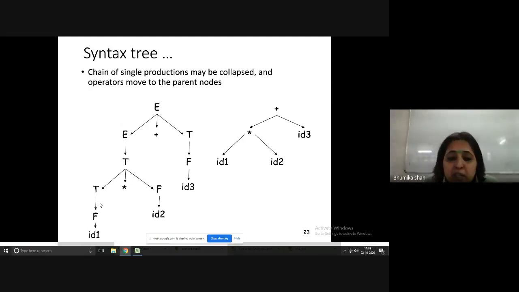So what is the difference between parse tree and syntax tree? Both are giving you actually the same information. Semantically they are the same, but syntax tree is a condensed form of parse tree. It has lesser information. It only considers terminals. It doesn't cover parsing information, whereas parse tree provides finer information. It provides the information of which production is used and which not. Right? So parse tree contains terminals and non-terminals both, whereas syntax tree only considers terminals. Condensed form of parse tree.